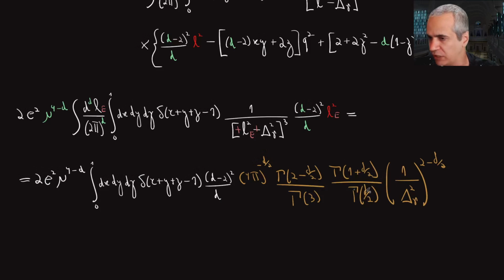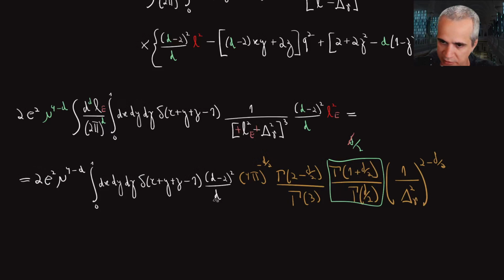Right? So now I can use the recursion relation for gammas to write this as d over 2 gamma of d over 2, and then the gamma cancels, and you get just d over 2. All of this is equal to d over 2, which gives me a cancellation between this d and this one. This goes away. This is just 2 factorial, which is another power of half. I have a power of half here, and a power of half there is just 1/4. So that allows me to rewrite this as